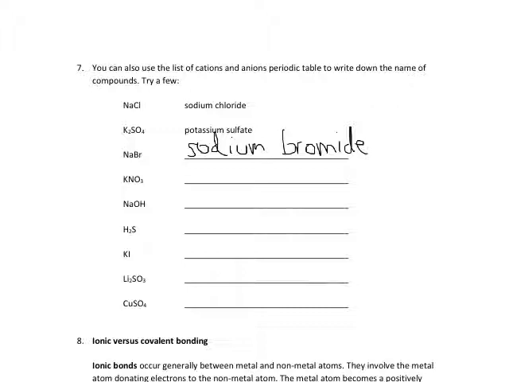For the next one down, again, the same idea. The K is potassium, so we just write down the name of the metal. There's nothing special about this part of the name. For the other part of the name, we then look at the NO3. And NO3 together is a gang, and the gang has a name. And the name of it isn't nitrogen oxygen, it's actually called nitrate. And that's the name we'd write down. Generally speaking, an "ate" ending, like nitrate, refers to an atom that's got a good amount of oxygen in it,